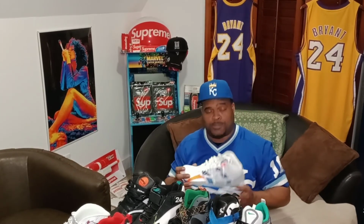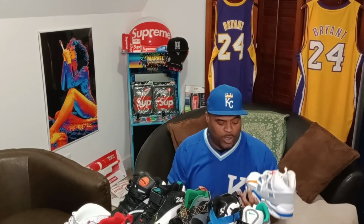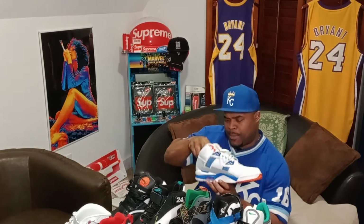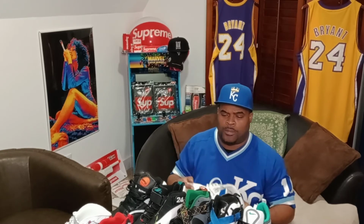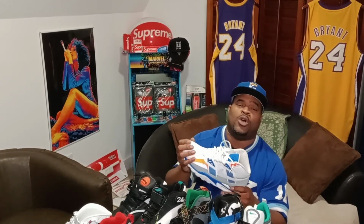These shoes were popularized by Bo Jackson. These are the reverse Auburn colors. And when you think about 90s retro shoes, you really think about the ones that's got the orange, that's all orange. But I was able to put my hands on these. These shoes came out in 2018. So I'm gonna do another video about some trainers. I love trainers. This is, I feel like, the number one sneaker that came out in the 90s